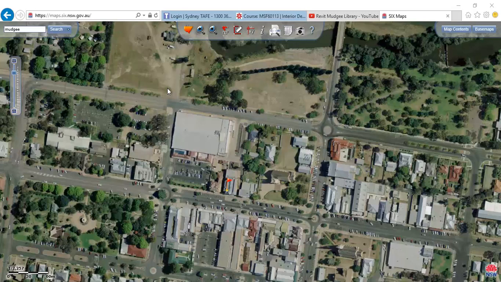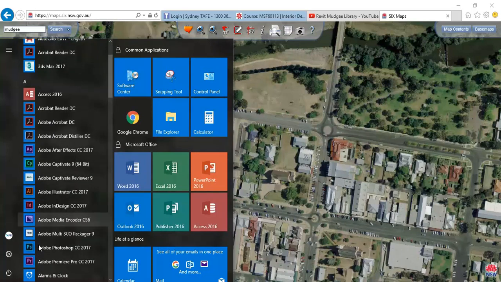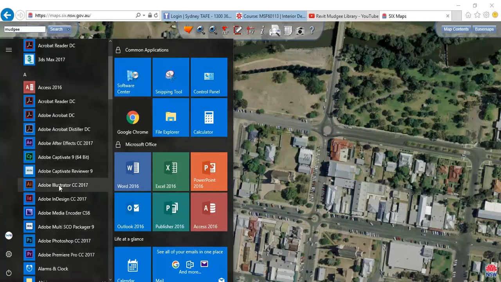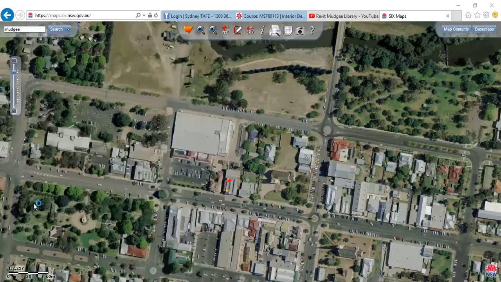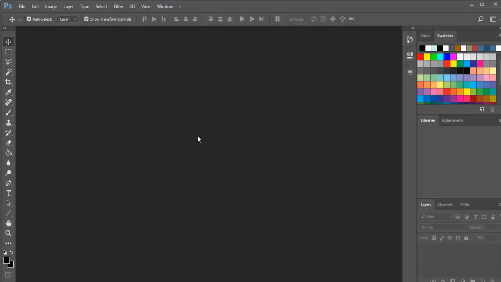You can always do a screen capture using the shortcut with the print screen button on your keyboard, and the control key sometimes will help there to make it pick up the active window. That's what it does. I've just done that shortcut, and then if I open up Photoshop, I can paste it in now from the clipboard. So that's always a good option,